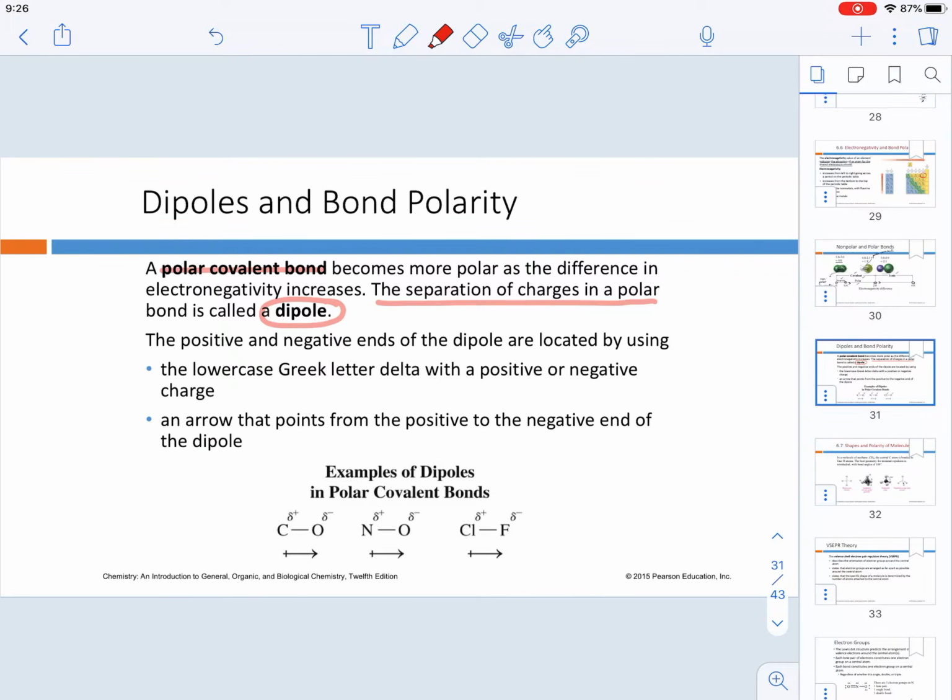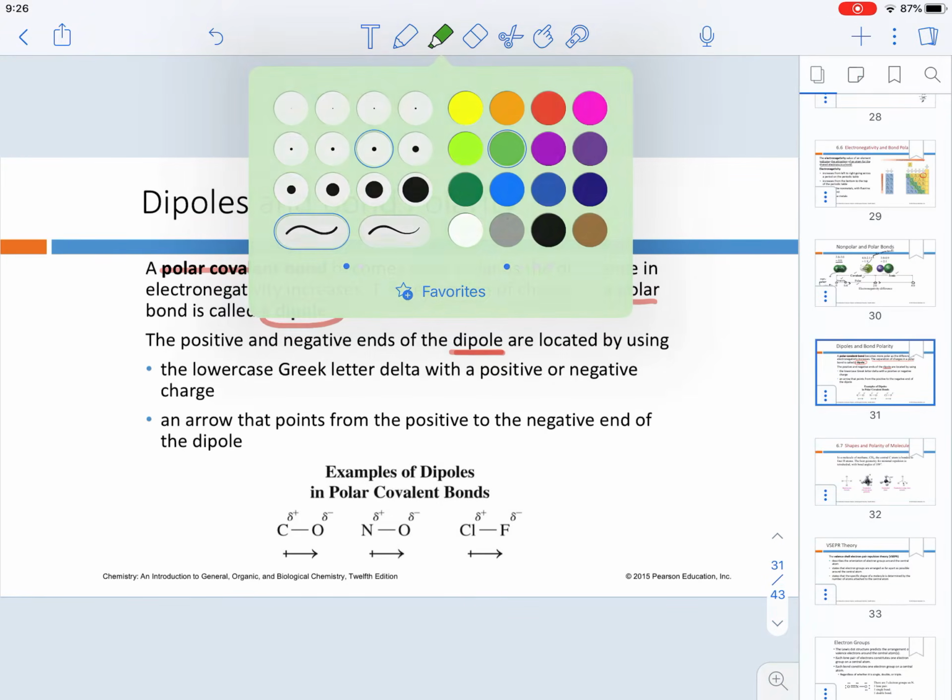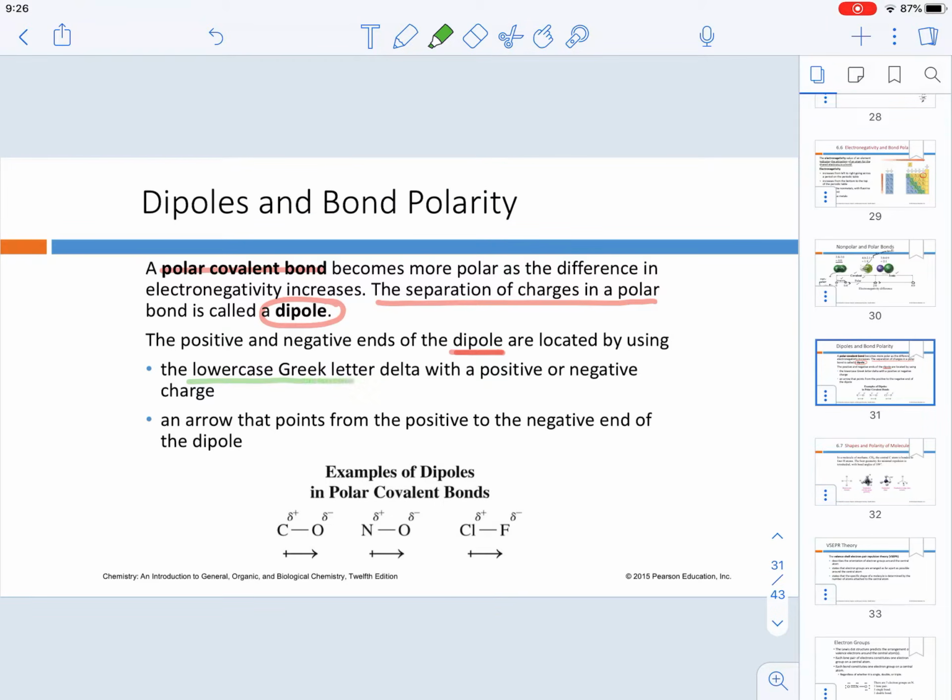Dipole simply means that you have a positive end and a negative end. And this is only used for polar covalent bonds. We are going to be illustrating this dipole by one of two symbols. We can illustrate it by using a lowercase Greek letter delta, which is this, in which the delta,